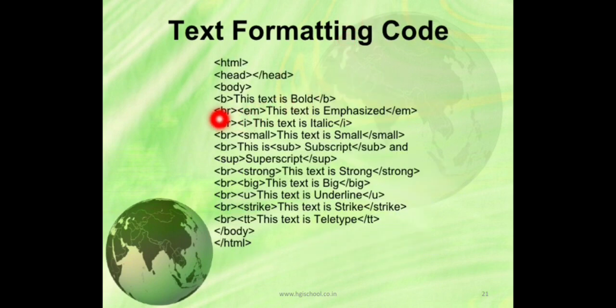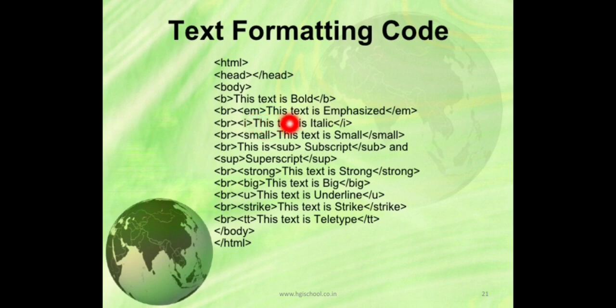The B tag is written like this, then there is a break, then the EM tag, then again a break. Break means a new line. When we have to insert a break, HTML will not understand it automatically. Until we write the BR tag, it will not understand the line break. Remember, pressing enter will not work. Even if you write on the next line, it will not work if you are not using the BR tag. So first the B tag, then the BR tag, then the EM tag.